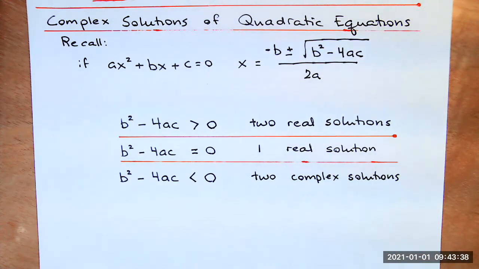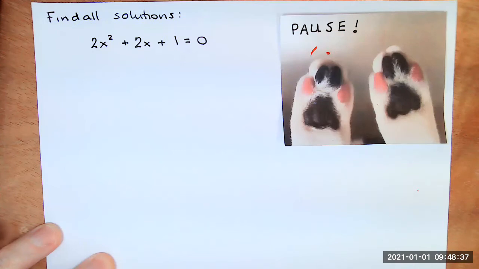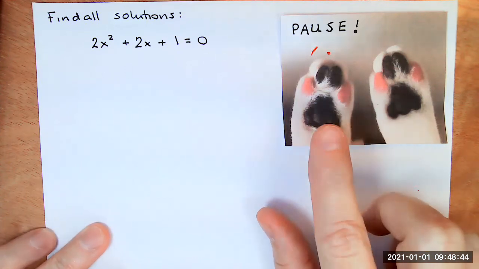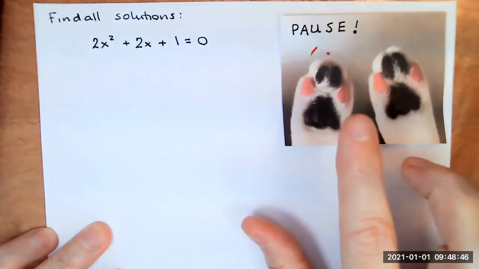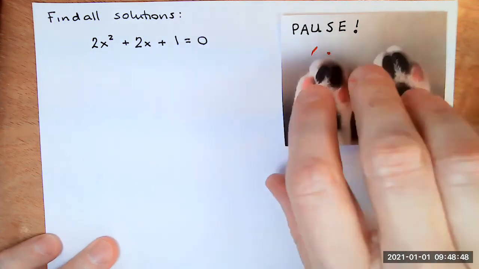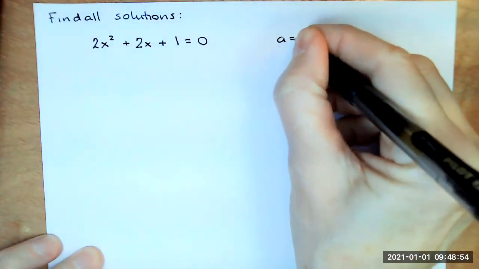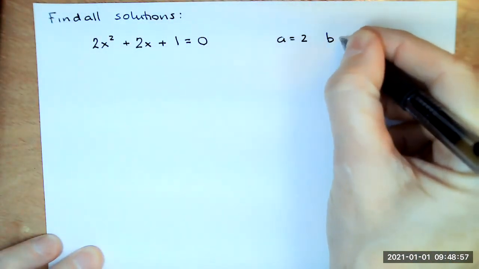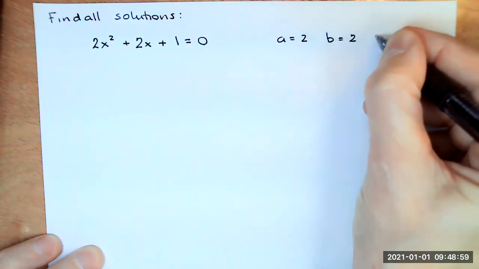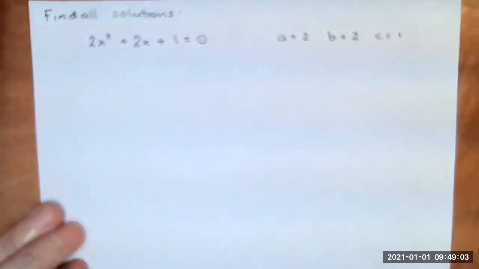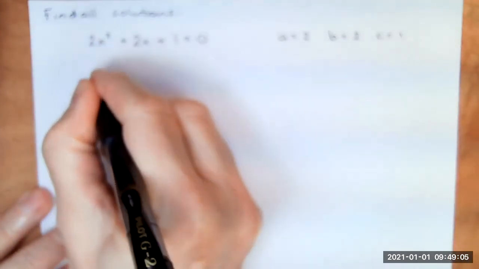Let's try an example. All right, so I think you should try this one on your own. Of course, you try factoring it and it doesn't factor. So try the quadratic formula. A equals 2, B is 2, C is 1. So x is